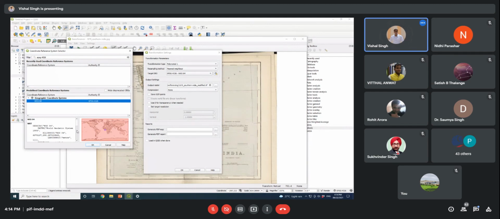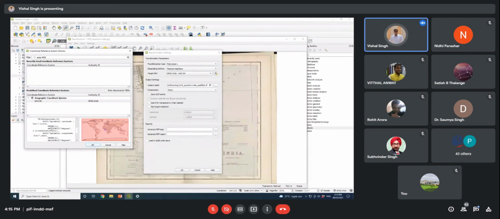Now if you want to see the metadata information about this coordinate system, you can visualize it here. These are the parameter details of this coordinate system. So this is geographic WGS84. The datum is the World Geodetic System 1984. The ellipsoid is this, and the centroid information of the ellipsoid is given here.